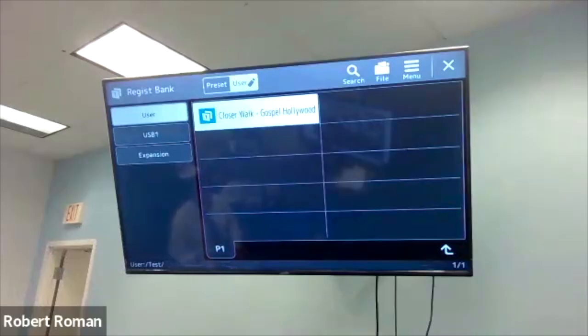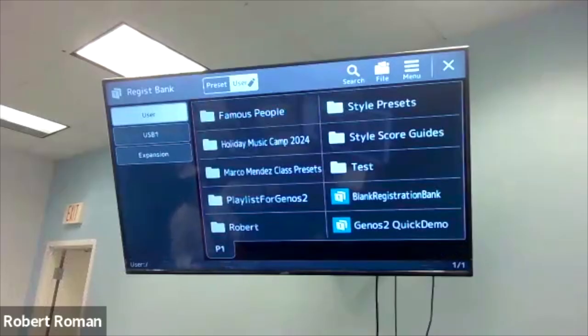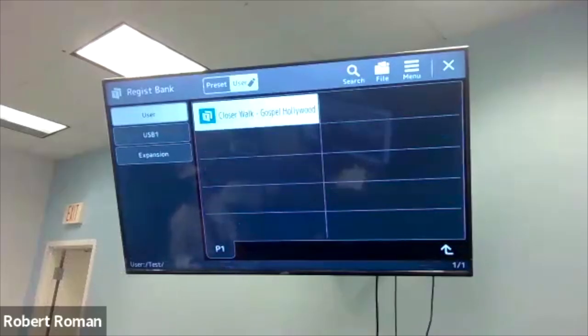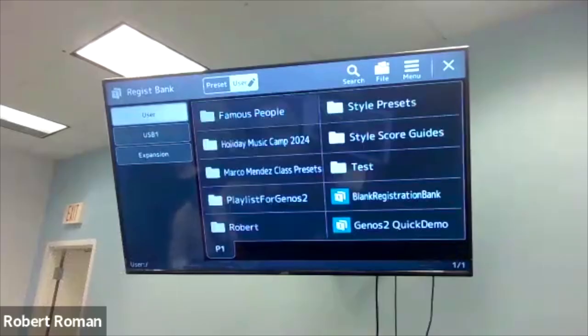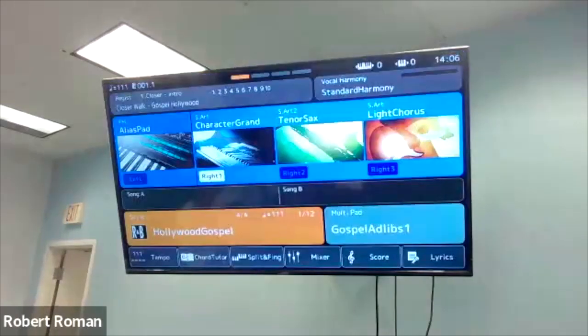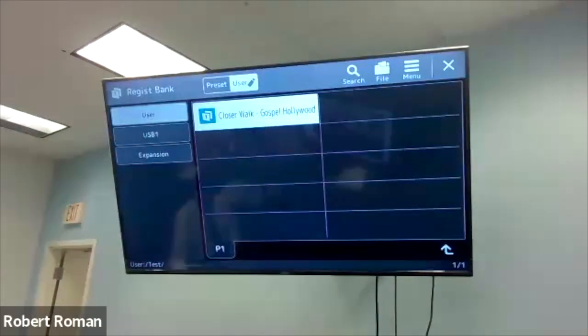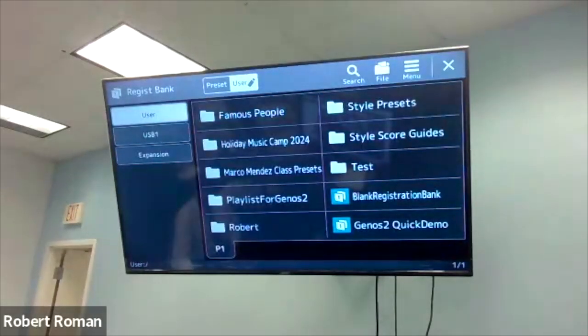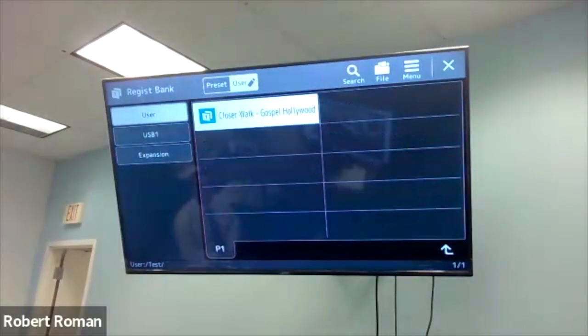And here's the beauty of that, because if you decide at some point you want to go back, and you get in the habit of doing this, and you want to go back and load these. Okay, I've got my test folder here. The reason why it's good to know what style, because you may discover, after a while you do this, you may end up having like 10, 15 of these. It'll add up after a while. But if you put the name of the rhythm next to it that you're using,